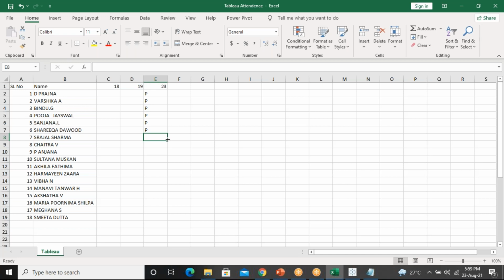Sarajal Sharma. Present, sir. Chaitra V. Present, sir. P. Anjana. Present, sir. Sultana. Present, sir. Akila. Akila Fatima. Harmahin Zara. Present, sir. Vibayan.